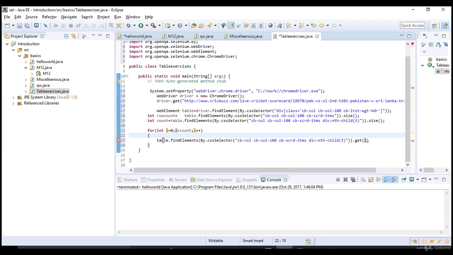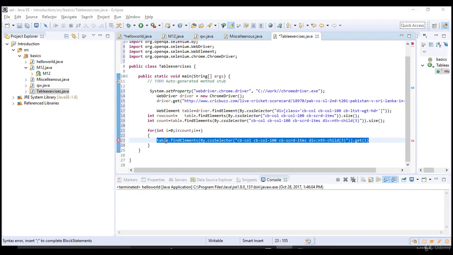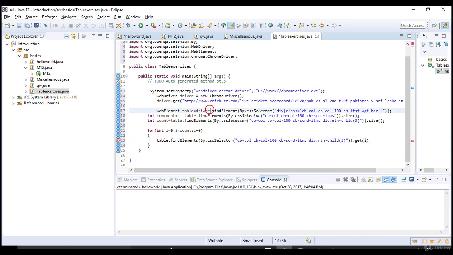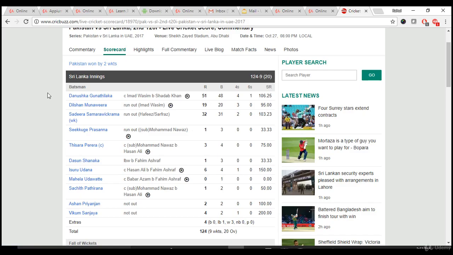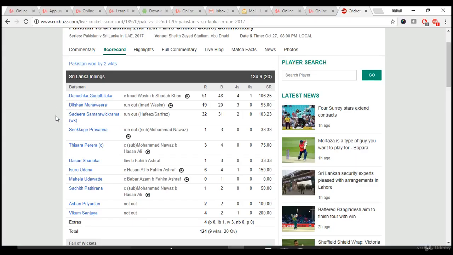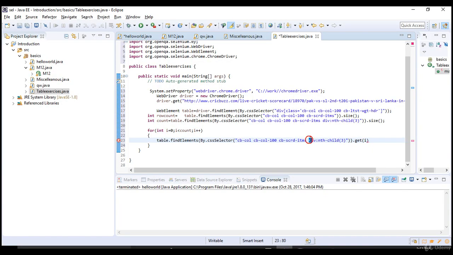Now what is this step? When I say table, okay, let's try to understand this step now. When I say table, first of all, it uniquely identifies this box because we have got the parent here. Then when I say go and find the CSS selector with this as parent, our Selenium test says, hey, I found 1, 2, 3, 4, 5, 6, 7, 8, 9, 12 rows. 12 rows with the same CSS you have provided. Once our control is at the 12 rows, we are asking to go inside and click on the third column, third child.